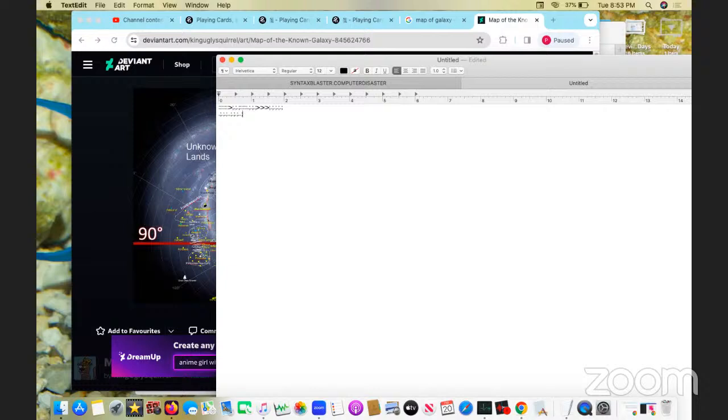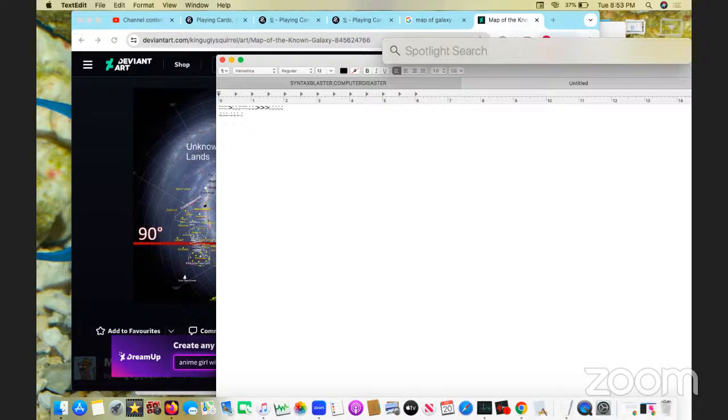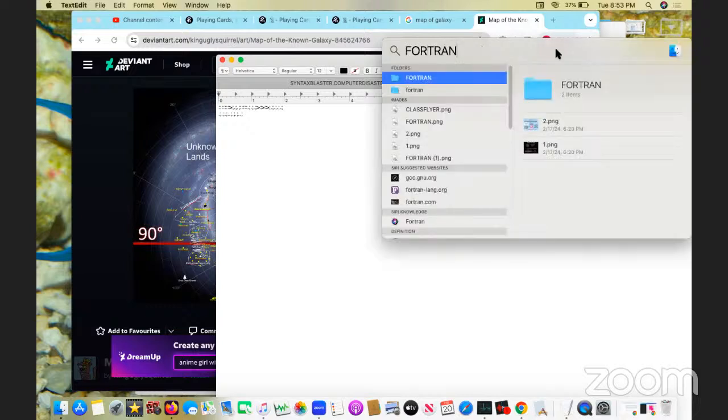Well, what you would probably want to do is start with Fortran, right? For each language there's like a library, and I'm going to be finishing up a library of different starts and stops for each coding language that you just put once and then you overpower it completely. Okay, so let me show you guys what that looks like. Where did I type this up at? I put this in Syntax Blaster Computer Disaster.